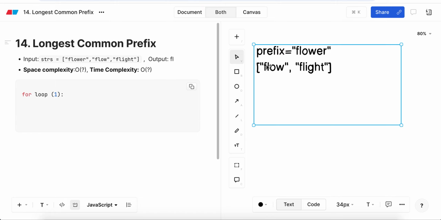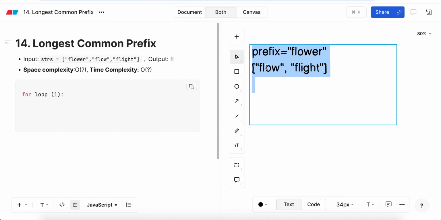Here, F should be matched with the prefix starting value. In the next iteration, we compare whether L equals L or not. In the third, we match FLO, which is available here, right? So the common prefix after this iteration would be changed to FLO,